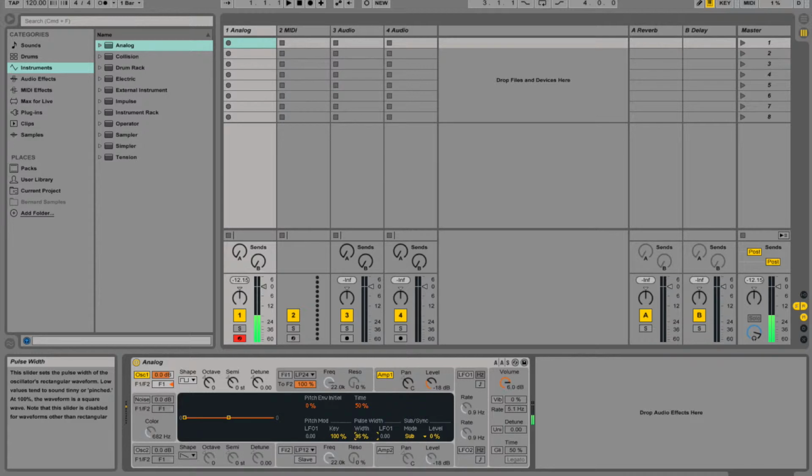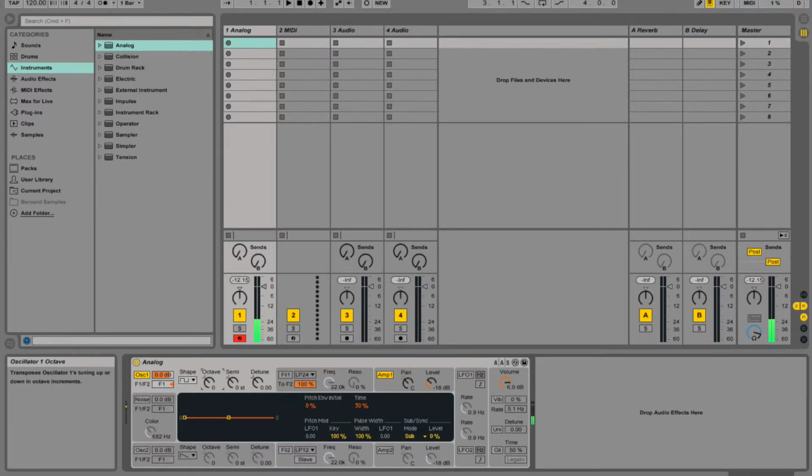Something going on with the LFO or with the pulse width, so I'm just going to fix that up. It's all fixed up now, and I'll just show you a bit about the different tuning and what the different tuning is. So as you can see, just to the right of my mouse there, you've got the octave,